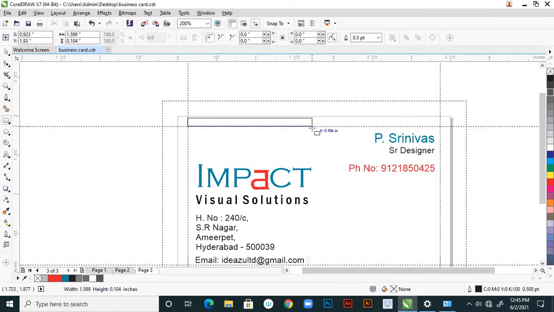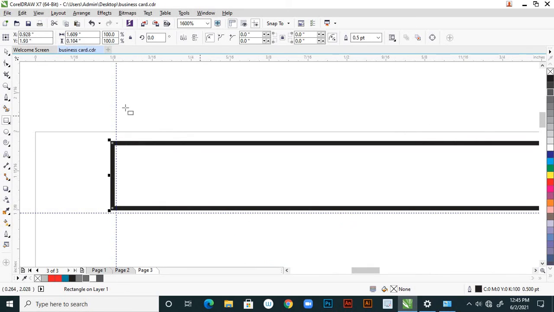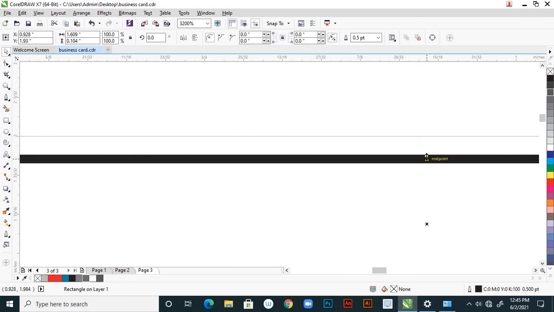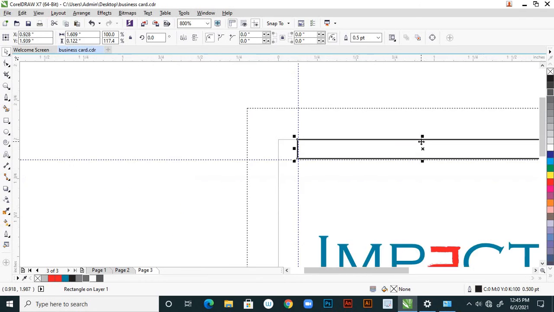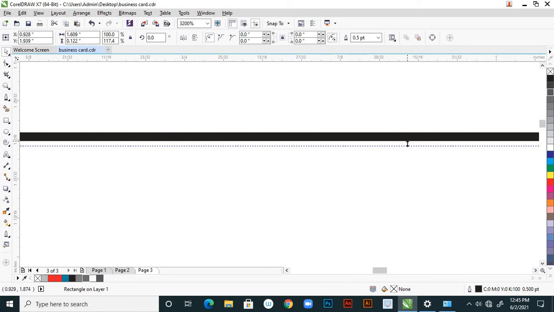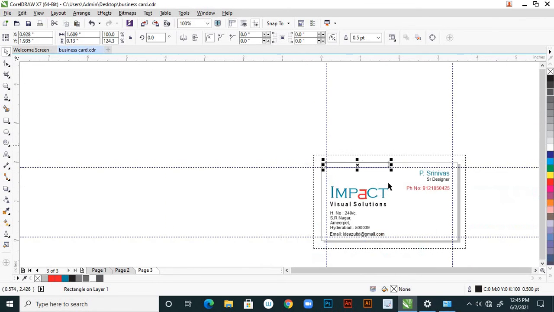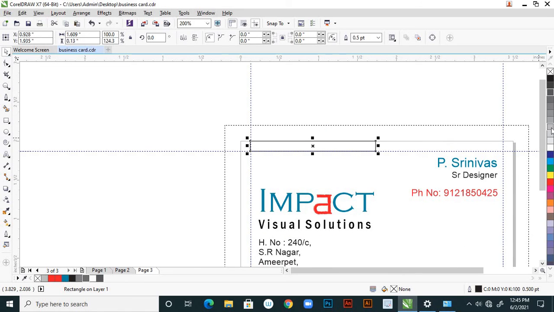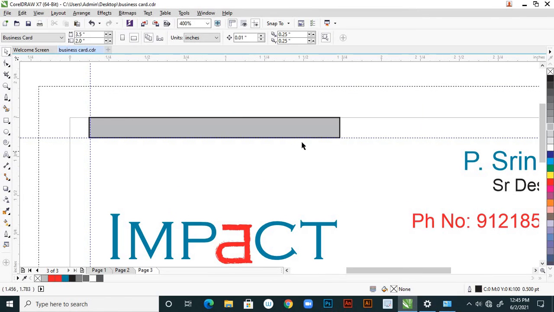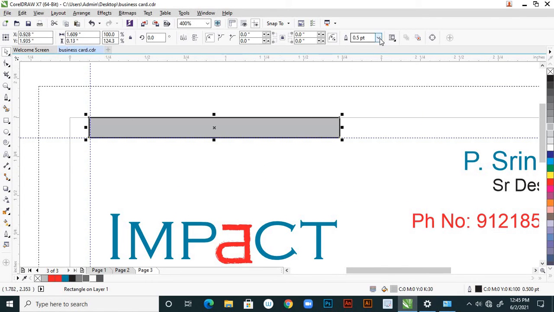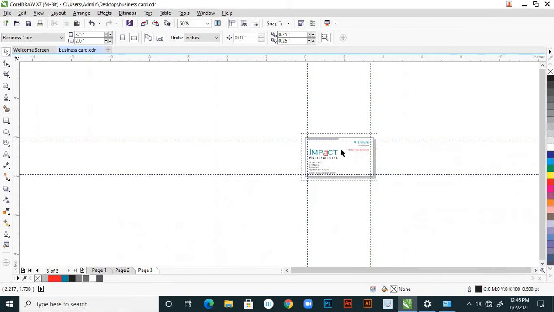Up to here. Yes, this is right. You can extend this up to this border. Yes. Now select this and fill with a gray color. Why I'm filling with gray color every time means the combination with the blue and red, gray really will give a good impact, right? So here I'm removing the outline. So this is this,